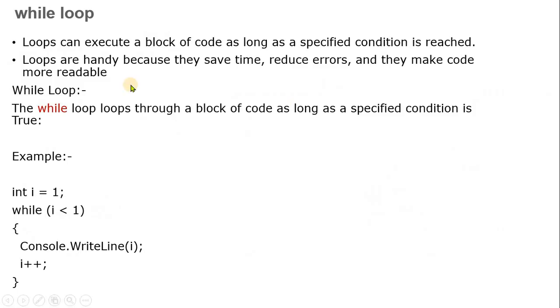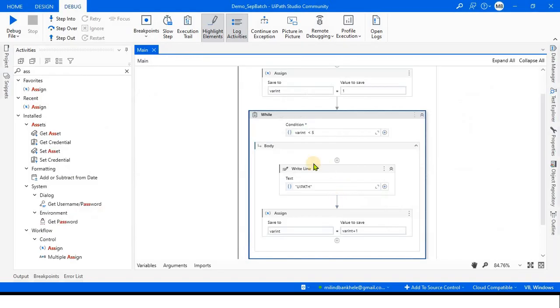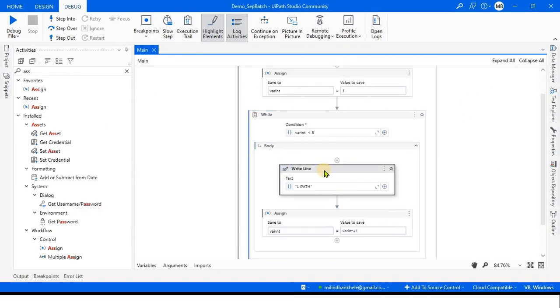So the while loop runs through a block of code as long as a specified condition is true. As I said, if we get true, the execution will go inside the loop body, and if the condition gets false, my execution goes outside my loop. So just remember,